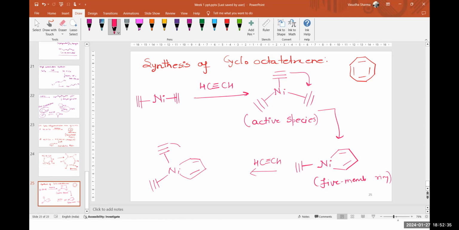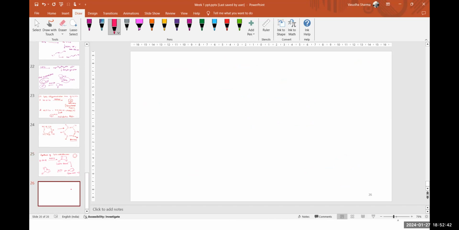So this will again react with another HC triple bond CH, and therefore we end up having a 7-membered ring. So if I have nickel, here one acetylene, another acetylene, and here 1, 2, 3, 4. If it reacts with this one, then it will give you nickel, 1, 2, 3. So this is your 7-membered species now,